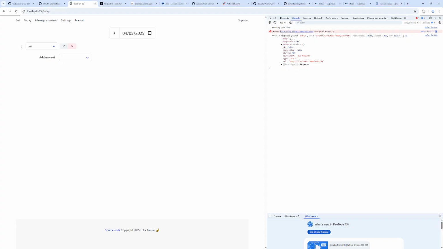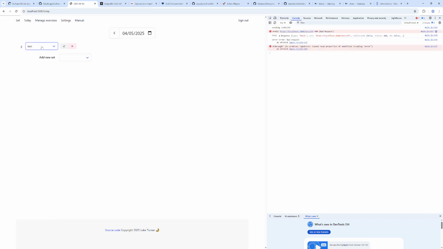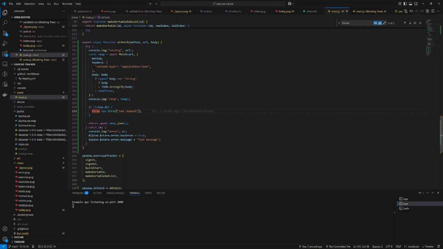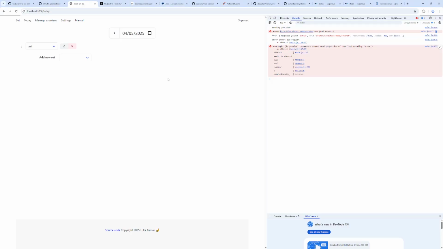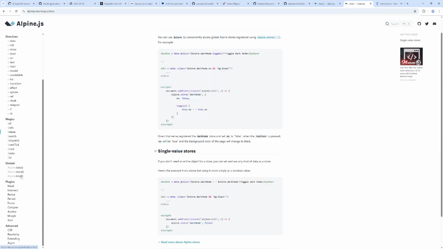Let's just see if we can get into the pathway that we're trying to get into here. Okay, so here we did get into the error finally, but it's got this problem, cannot read properties of undefined. So this $store magic property is not actually on